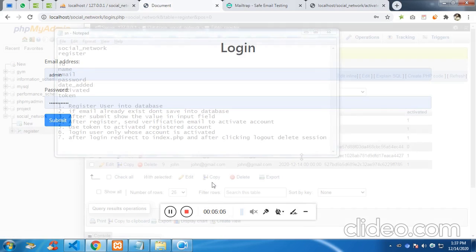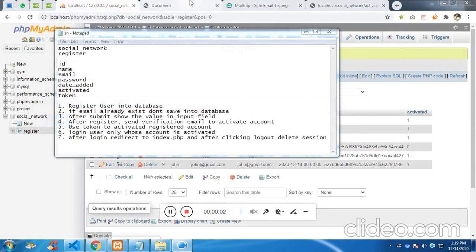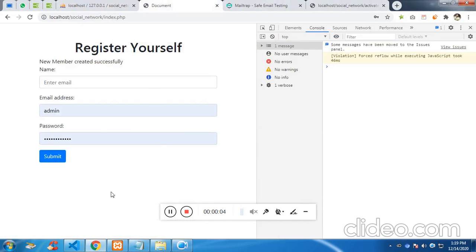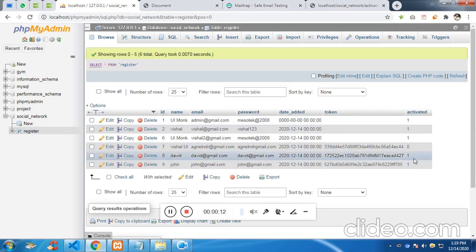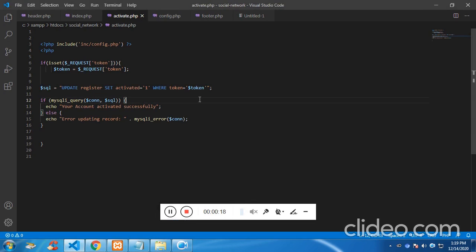Fine, let's follow the tutorial. Now we are going to create the login functionality. Now if you notice, after register, a link will be sent to the email, and after clicking on the link you can see the account is activated. Whose account is activated, I want only them to be logged in. So for that,